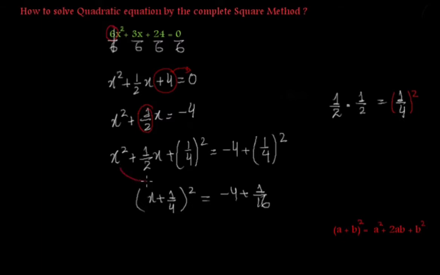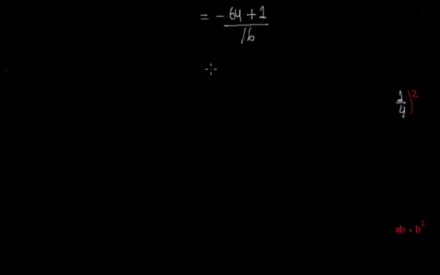In this case, x shows up over here and this 1 over 4 right over here, and this plus sign just goes over here. Since we have a fraction right over here, we make negative 4 a fraction by putting 1 in the denominator. Now if we simplify, it's negative 4 times 16, that is negative 64, whatever sign you have, and 1 times 1, that is 1 over the multiplication of these two numbers, that is 16. So it becomes negative 63 over 16.